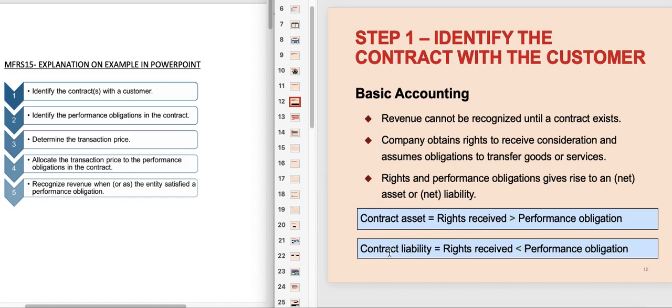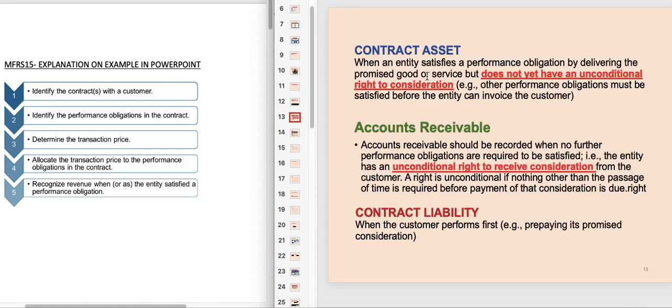Whereas a contract liability is where the business has received the payment, which we previously referred to as consideration. The business has received the payment, yet the business has not performed the transfer of the goods or the service to the customer. So